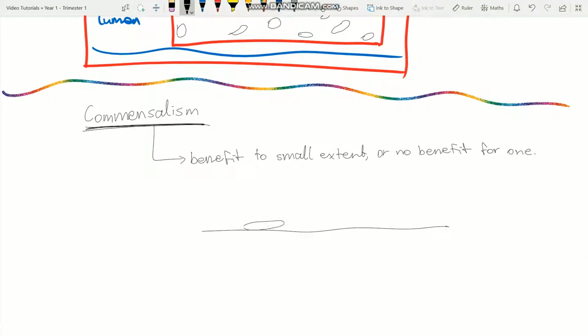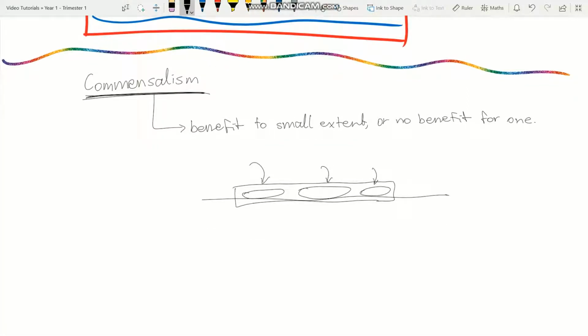Another example of this is Staphylococcus epidermidis, which is present on the skin. And this bacteria essentially is able to take nutrients for its own benefit, for it to survive, but it doesn't have that many benefits to the actual body. Of course, it does, as I mentioned earlier, allow for mutual antagonism to occur. However, other than that, there's no real benefit.